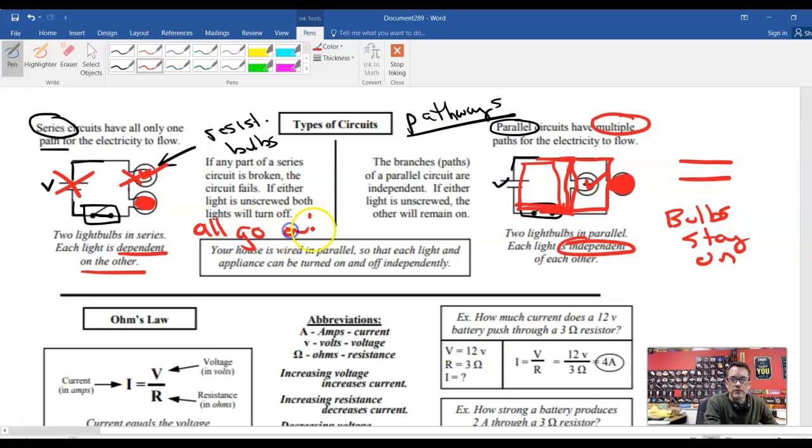all will go out. In our home, things are wired in parallel, which is nice. That way we don't have to have everything on at the same time. So in a series circuit, everything has to be on or nothing is on. It's either all or nothing. Whereas in a parallel, we have the ability to turn certain things on and to turn certain things off if